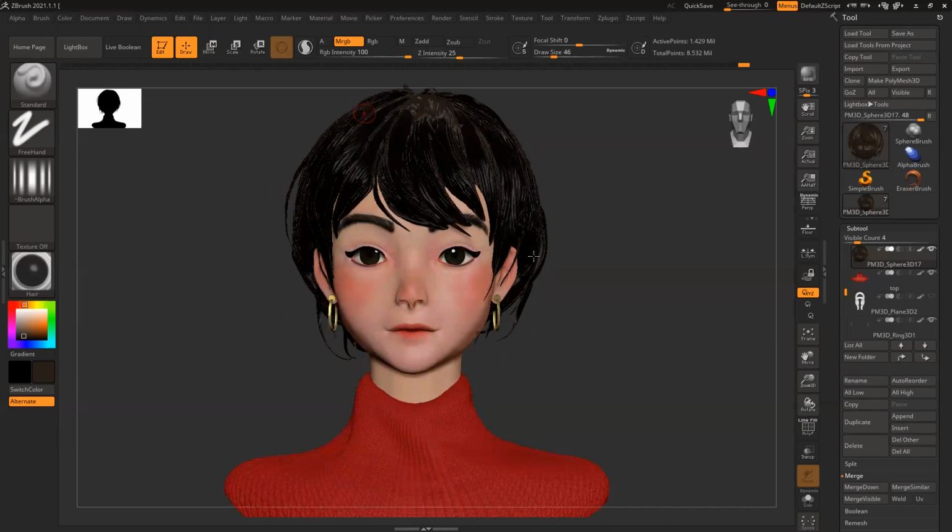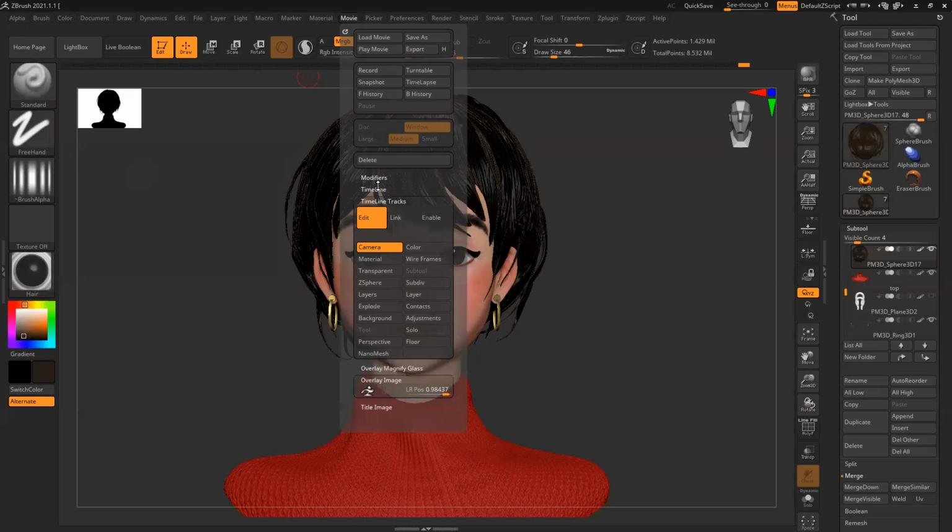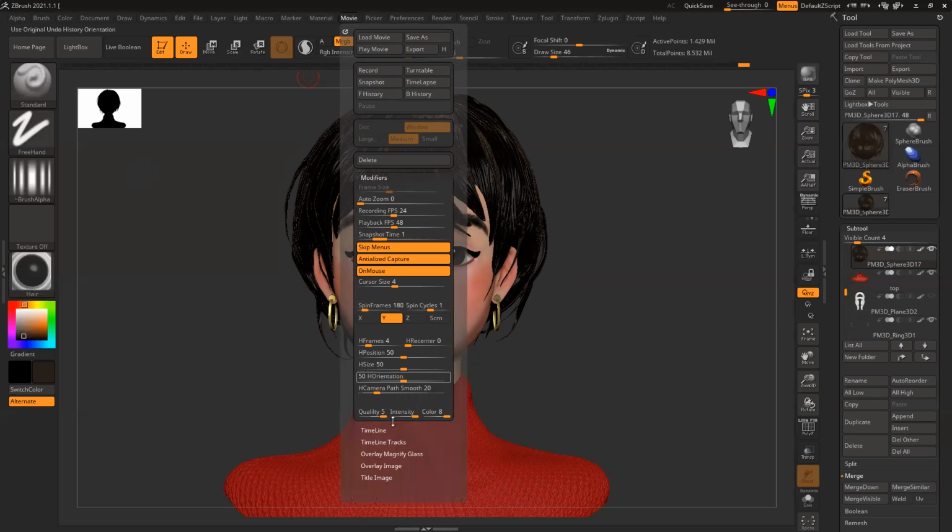And it's done. But still the file is nowhere. After rendering, go to Movie, you have to export the video. Whatever is rendered, there are two things I have to check, like image title. Usually there is an overlay of the ZBrush logo. What if I don't want it? I can make it 0. Then you have timelines, you have modifiers, and all those things. You can modify each and everything. It has the entire rendering setup.